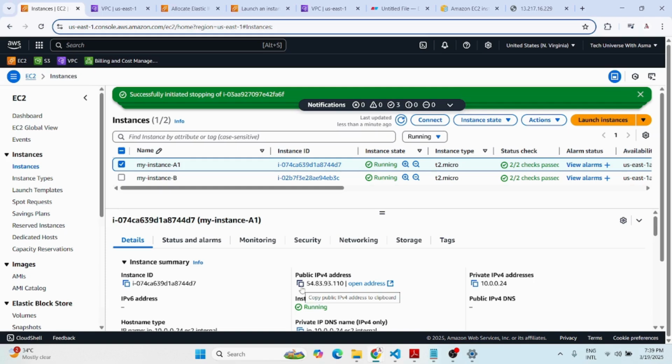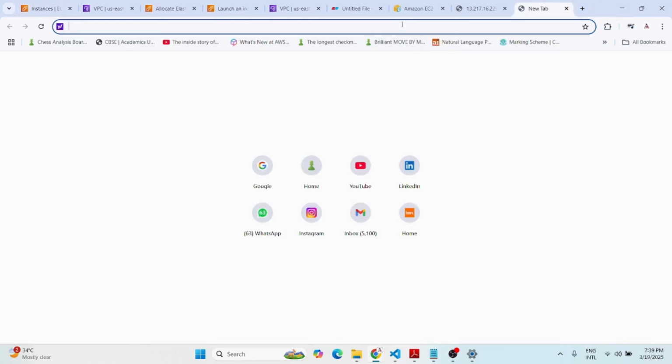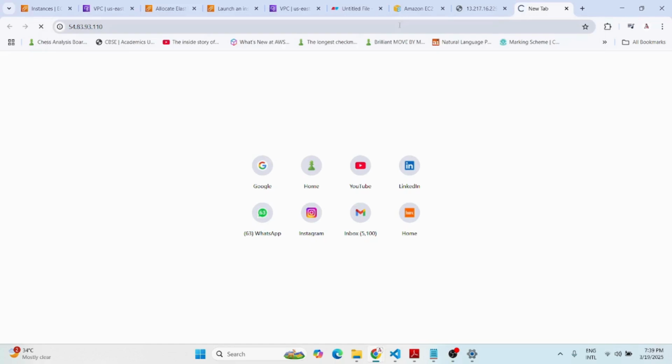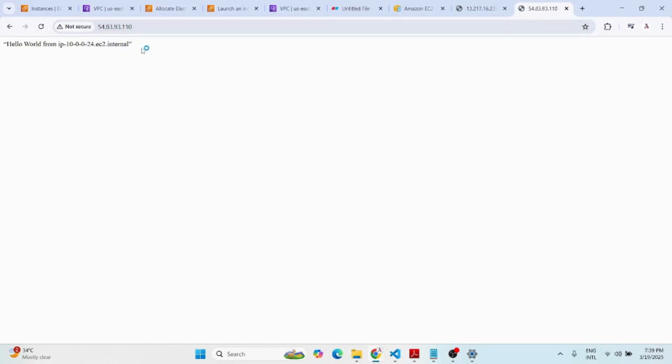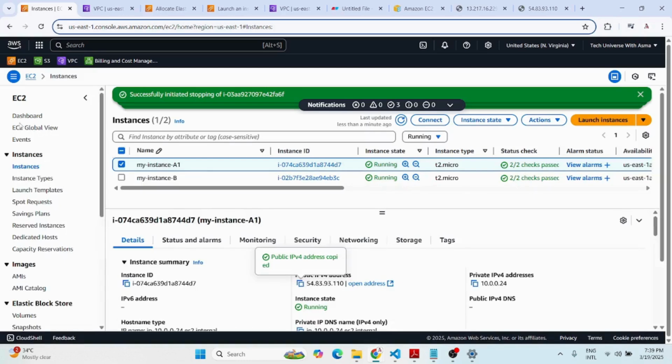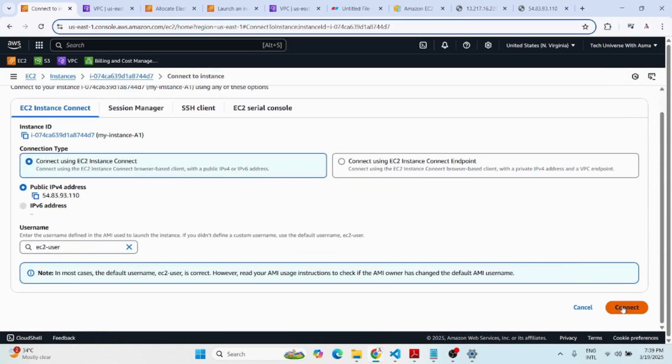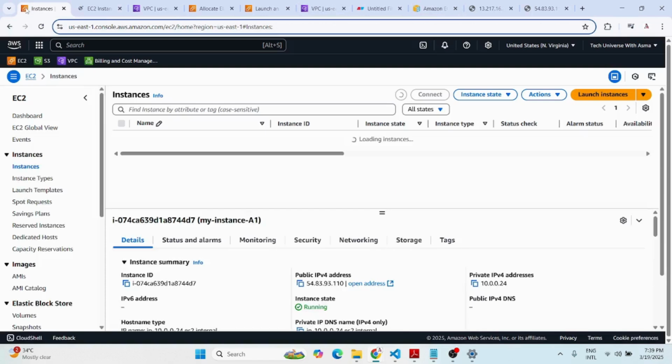now we have the public IPv4 address. I will go and see if our HTTPD server is correctly installed. Yes, it's working right now. So now I will quickly connect to our EC2 instance with EC2 Instance Connect,